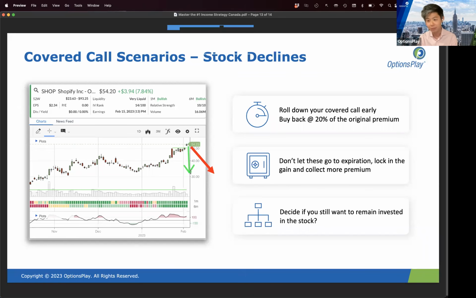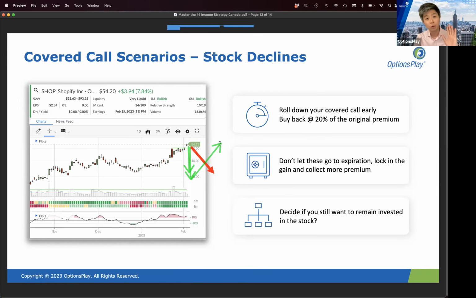I can't tell you enough, in my 17 years as a strategist, how many people hold on to stocks because they don't want to take a loss. That's a terrible reason to hold on to a stock, because what you're not thinking about is the opportunity cost of what you could be doing with that cash somewhere else, right? Stock drops significantly, bad news comes out and the stock tanks, right? Maybe you think that the stock is going to recover.